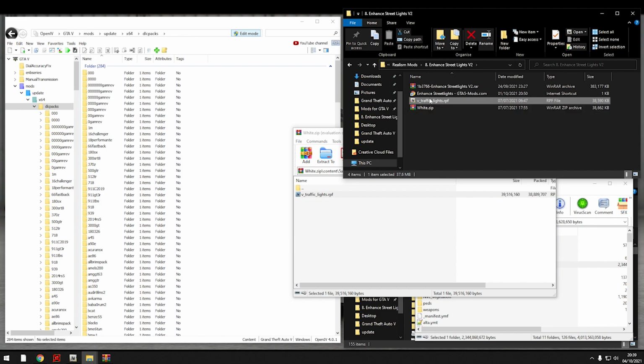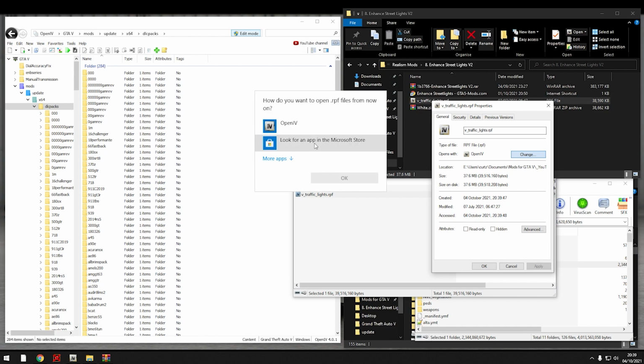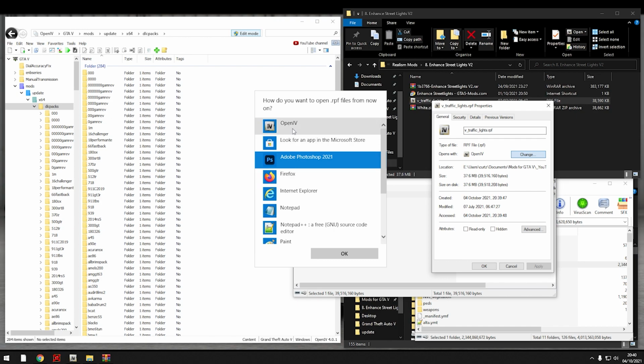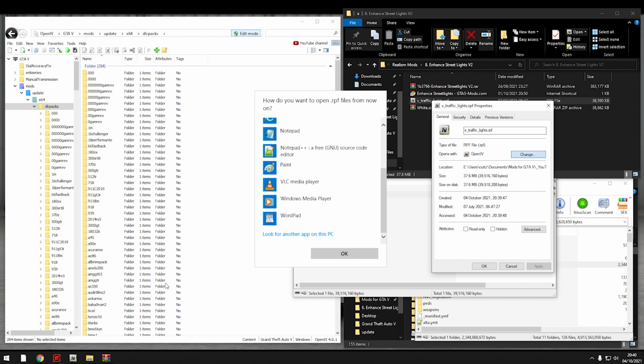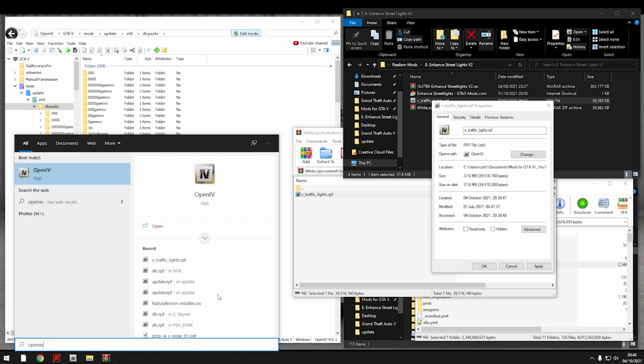Once it's extracted, if you can't see v_trafficlights.rpf in this format with the OpenIV symbol, double click it and you'll be greeted with a prompt like this. How do you want to open RPF files from now on? Click on more apps and locate OpenIV in the list. If you can't find OpenIV in the list anywhere at all, press the Windows key, type in OpenIV, right click,